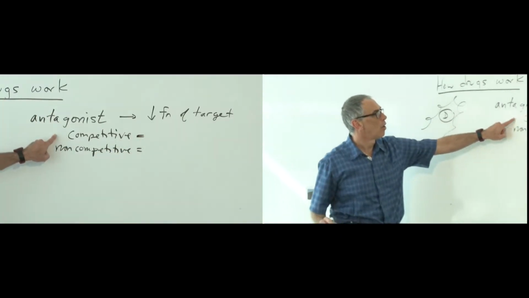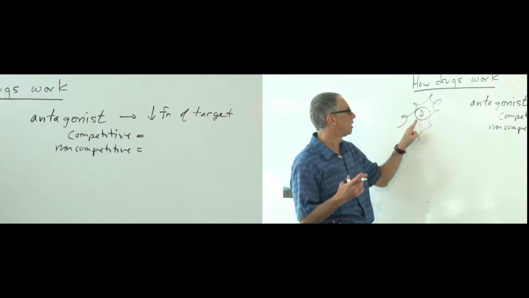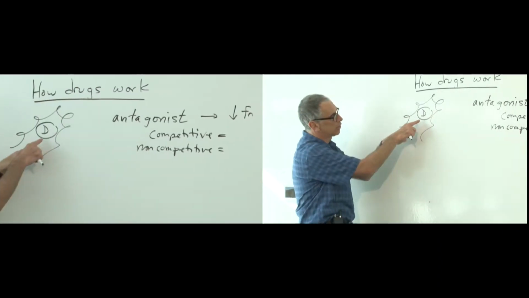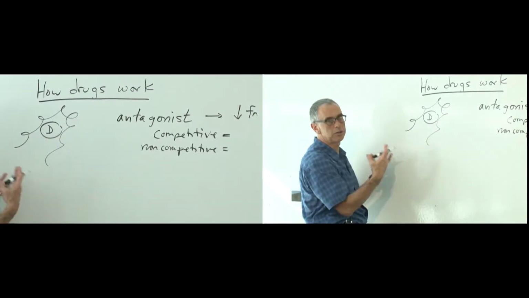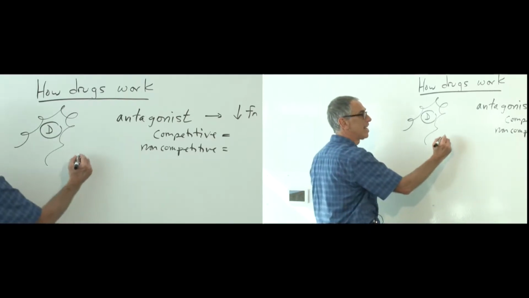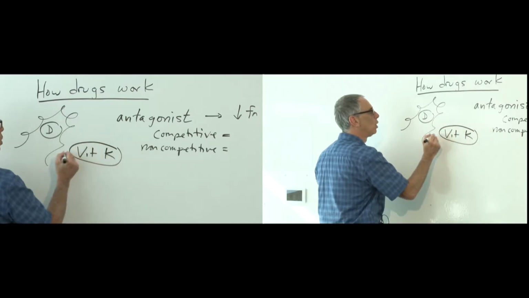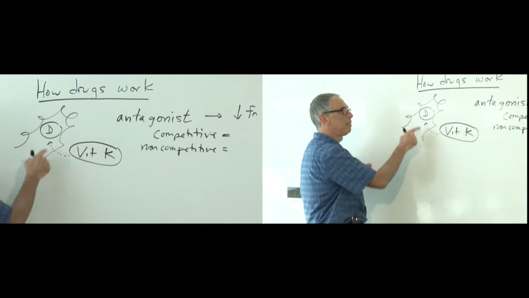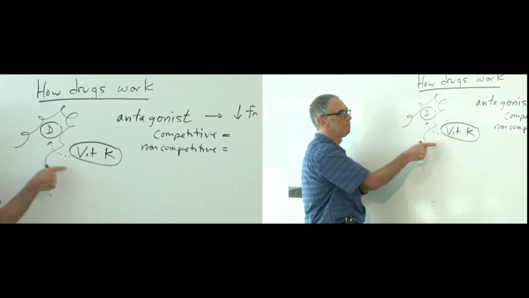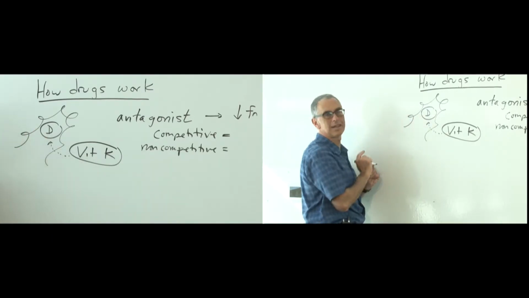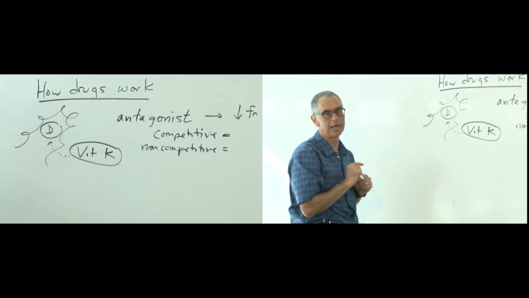Competitive antagonists, what they're competing with is the normal pocket contents of the target. So in this picture, the drug is sitting in a pocket in the protein, and the idea is that there's another small molecule that's naturally occurring, say a vitamin. Let's say vitamin K. It's a small molecule, and vitamin K would like to be in that pocket. But because our drug is binding that pocket, it can't. So the drug and vitamin K are competing to be in that pocket. The drug is winning the competition, and so the vitamin K is held out. So that would be a competitive binder, a competitive